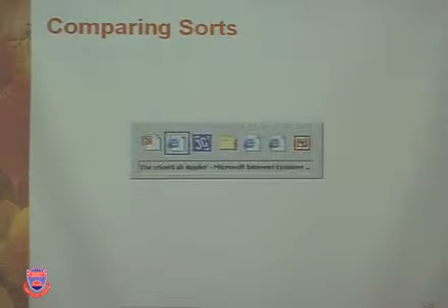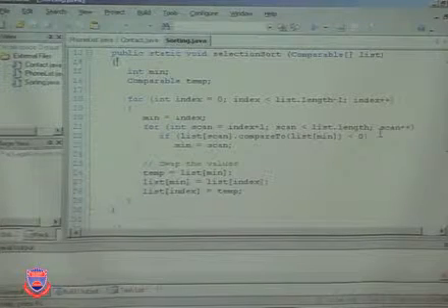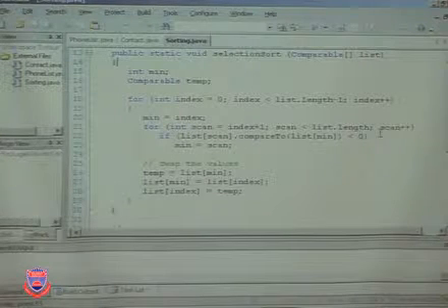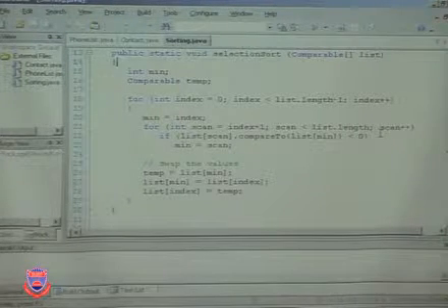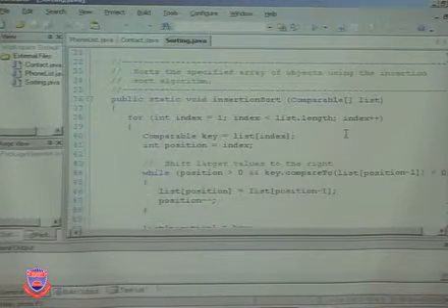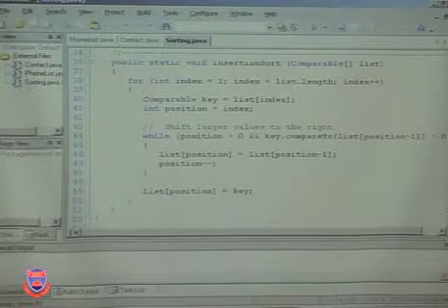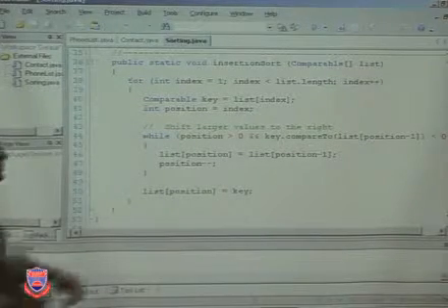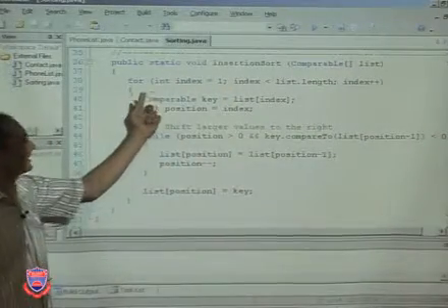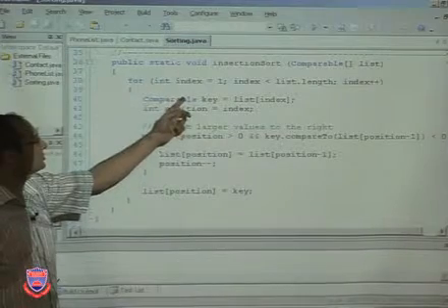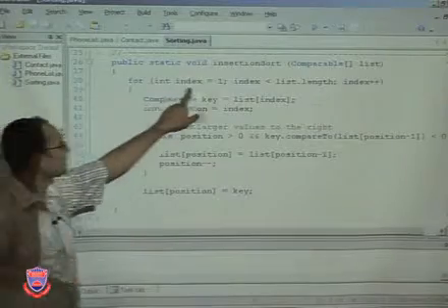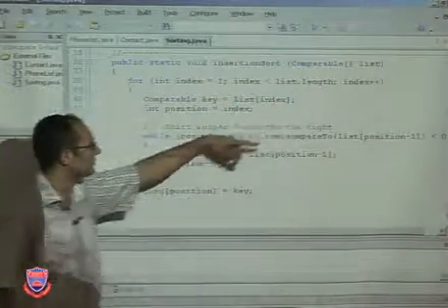So when you look into the insertion sort algorithm, how are we going to perform the insertion sort? This one performs the insertion sort for the same comparable array. So you have a static void insertionSort with a comparable array list, and then you have an outermost loop which indicates the current sorted list. It's going to start with index 1 and go all the way to the last of the list,